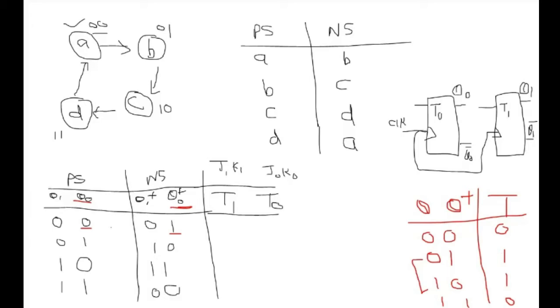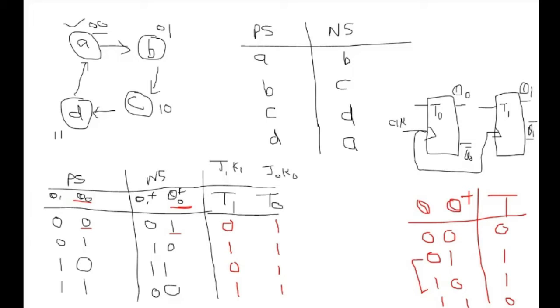So in this case, if you will see, Q0 is 0, Q0 plus is 1. So this is the toggle. This is again the toggle. So in all the 4 cases, we are having the toggle operation. Talking about the T1, for T1 we will be seeing the value of Q1 and Q1 plus. So 0 to 0, 0 to 1, 1 to 1, 1 to 0. So this is how we will be completing this excitation table.